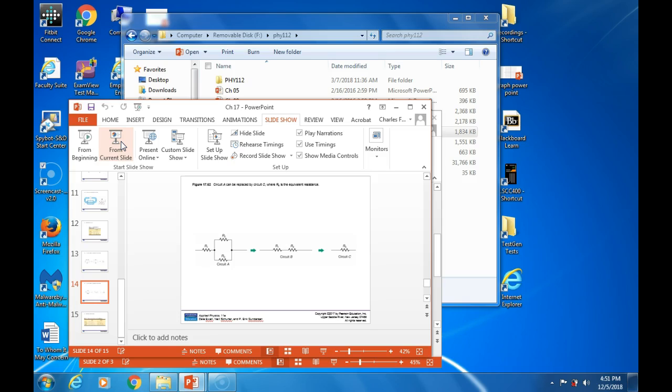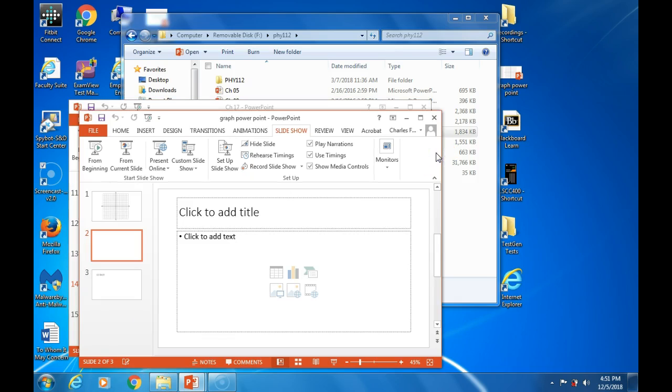Okay, and example 4 does not have a slide, so I'm going to have to draw it myself, so I'm going to go to this and go from current slide. All right, and let's talk about the rest of it too. We mentioned this before some of you came in. We're going to finish chapter 17, which is only 4 and 5, and maybe one more slide, and that's all for tonight. I mean, that's all for chapter 17. That's why I already gave you your test, because most of you are already working on that. Okay. Then we'll go to chapter 18, which is, get the correct title,